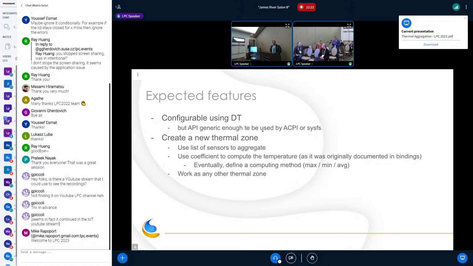But if you have... Yeah, so like here, I'm still having an issue with thermal zone as aggregator, right? Your DT has a thermal sensor, right? Why don't you call it thermal sensor? Why do you call it zone, right? Zone itself has cooling devices and other things, right? Sensor is an aggregation of sensors.